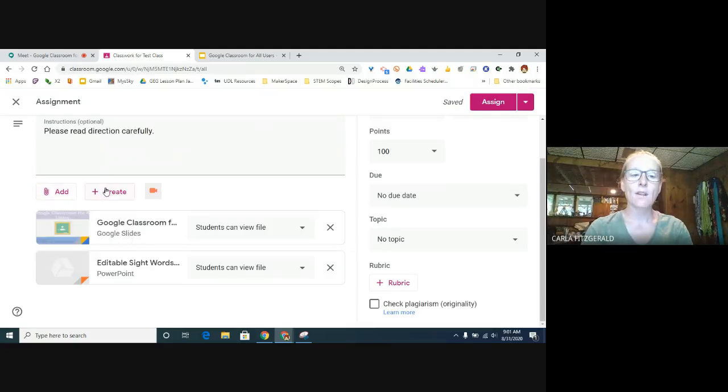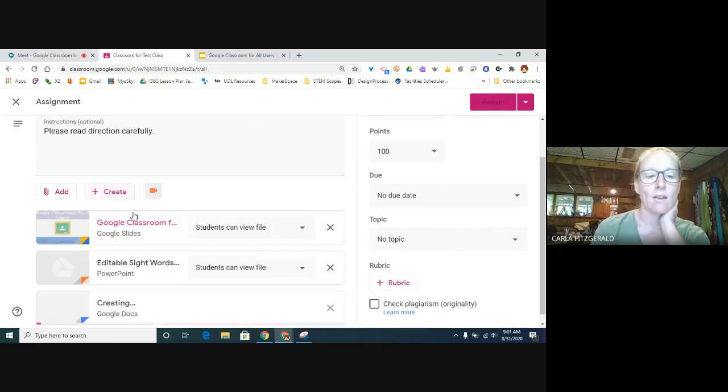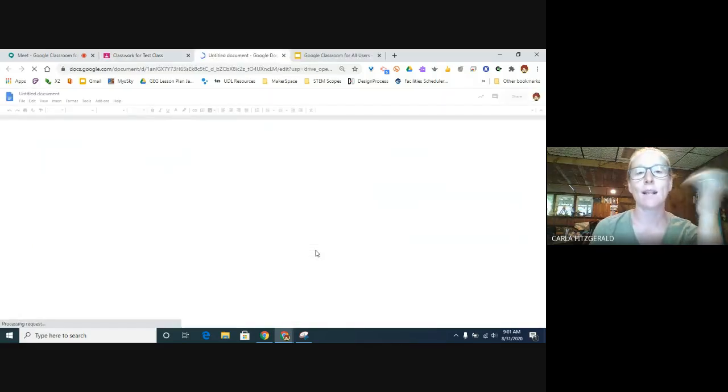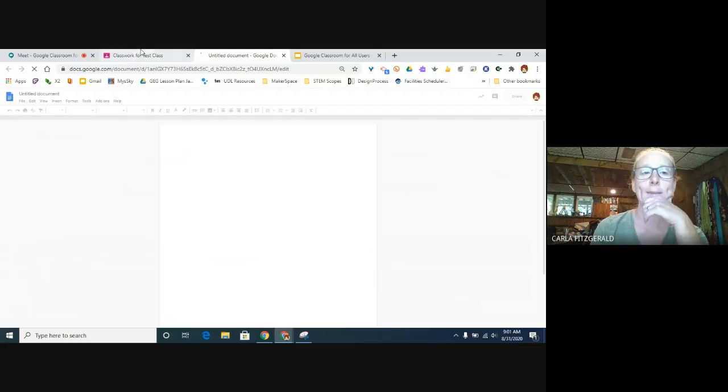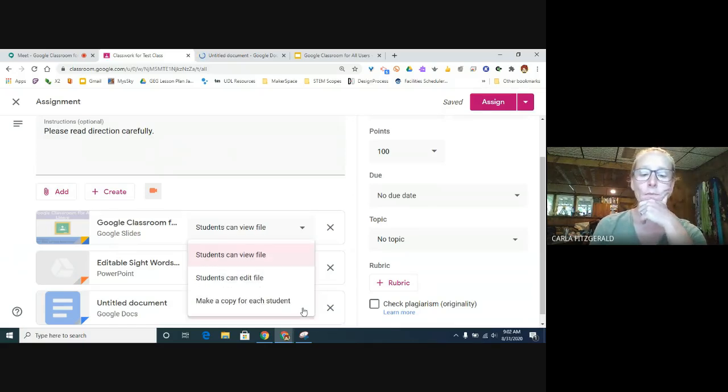The other thing you can do is you can actually create any type of these Google apps directly in Google Classroom just by clicking on this, and then it will automatically open up a doc for you to edit. When you create an assignment and you want kids to be able to edit the file on their own, this drop-down menu is super important. And this one I often sometimes forget to actually do myself. So when you click that,